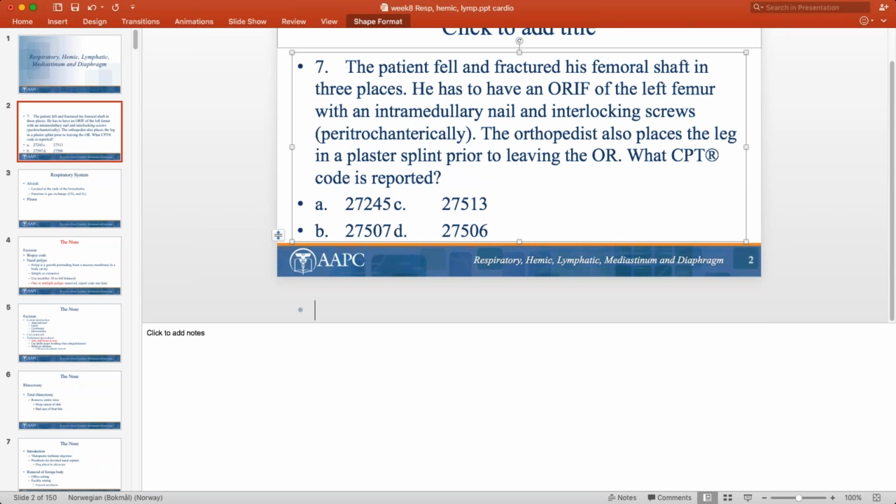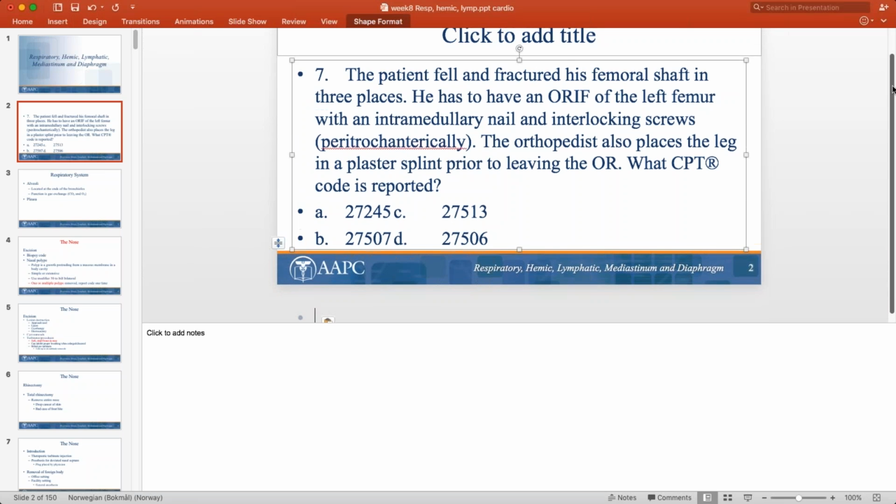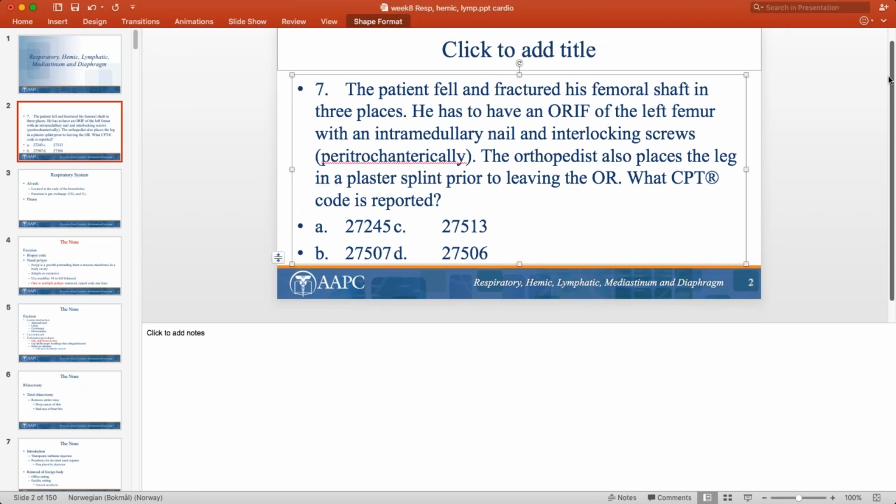Okay. Can everyone see the next question that's up here? I'll read it. All right, so the patient fell and fractured. What did he fracture? His femoral shaft in 3 places. He also has to have ORIF of the left femur with intramedullary nail and interlocking screws, and it's giving you the approach